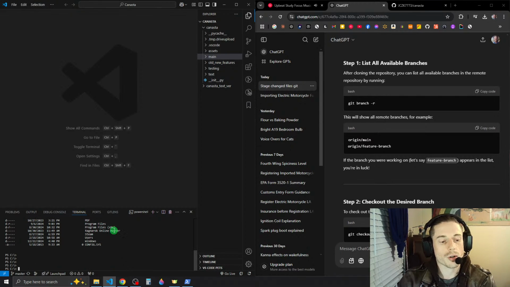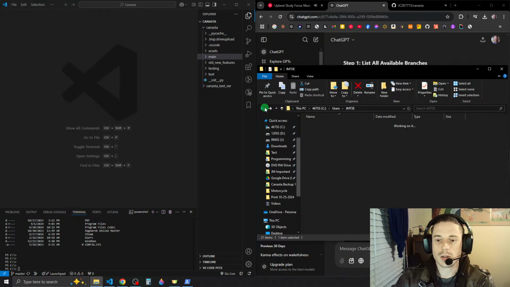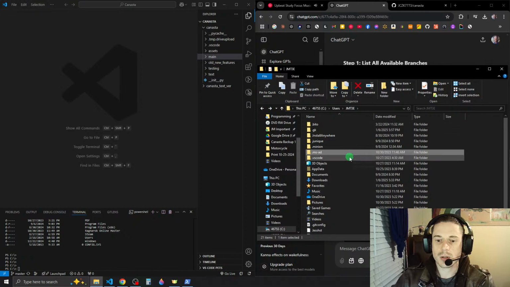Git branch -r. So we're gonna move back. Well, first of all, let's go ahead and, well, I guess I'll leave Canasta for now, just in case. It already did, because it's not there anymore. JMG3 looking for Canasta, and it's not there.